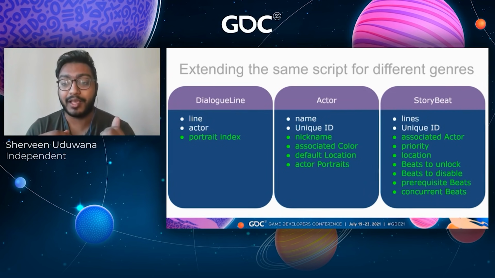Then you need to know, okay, the player's heard this conversation. What other conversations are now possible, or what other conversations should not be possible because they contradict the one you just had? What conversations need to already have occurred for you to hear this one, and don't populate it if they haven't occurred yet. And also, are there any conversations that should appear at the same time?